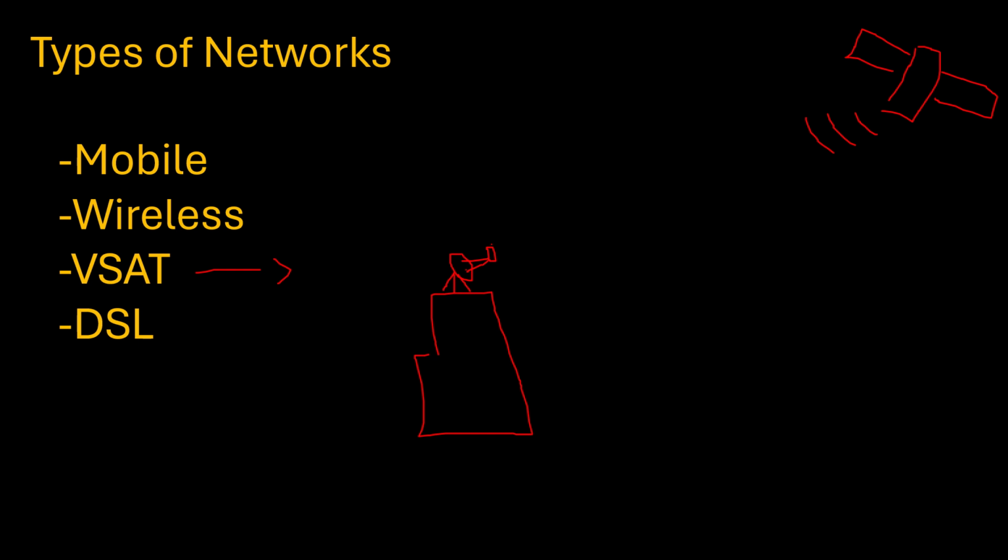This is going to be our LMB, and this is going to be something like this. So here we are using a satellite for our network. So we're going to have some branches, we're going to have some headquarters, and we can use these to create a network